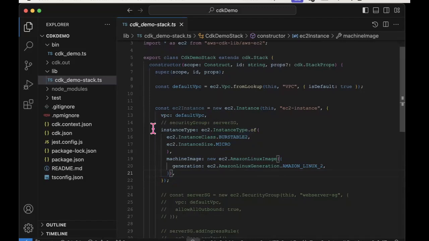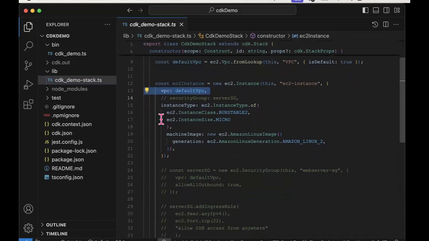But just to step through it, what I'm doing here is I want the EC2 instance to be attached to the virtual private cloud that I've grabbed a reference to here. That's what's happening in this line. And then the rest here is clearly describing some characteristics of the EC2 instance, like what AMI I want to have associated with the instance, what operating system I want to have installed.